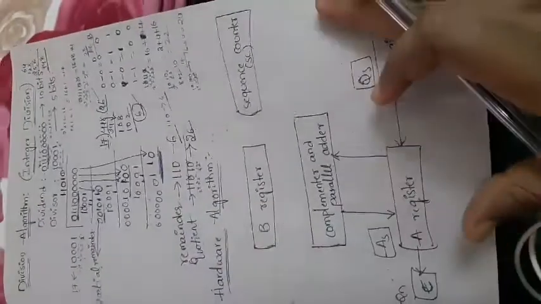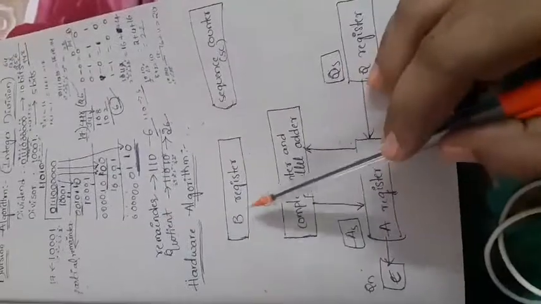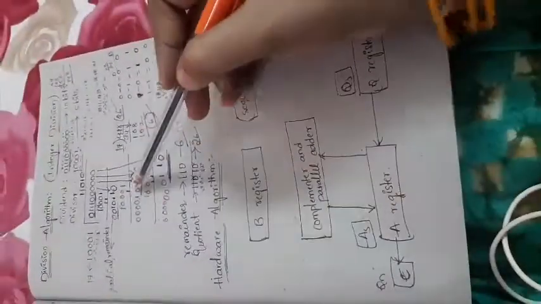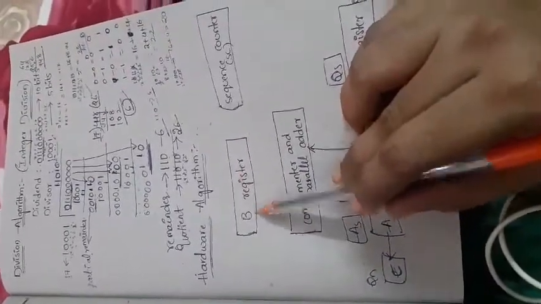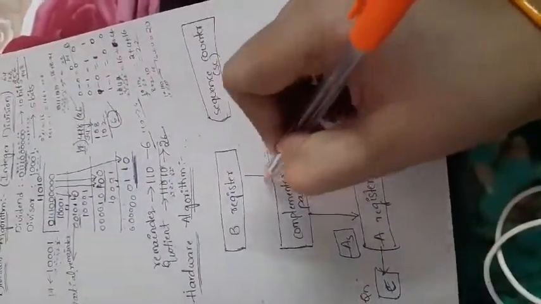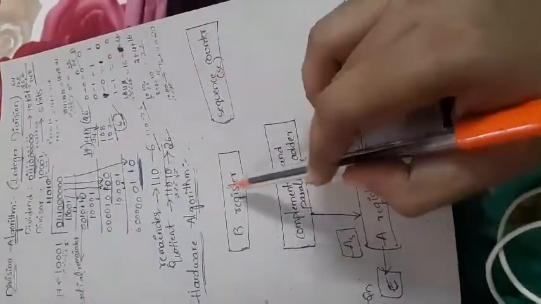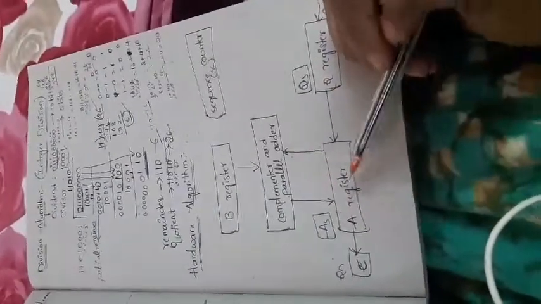Now for this division operation we have a separate hardware algorithm. For the division operation we need two numbers, the dividend and the divisor, no? For these two numbers I can consider two registers for storing them. The first number will be stored in the B register and the second number in the Q register. And what is this complementer? The B register content will be moved into the parallel adder, and likewise the A register content will be moved into the parallel adder with the help of the complementer.